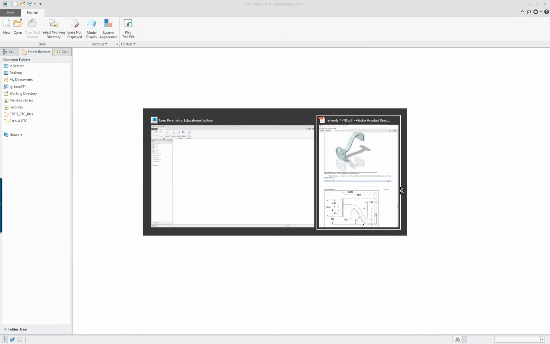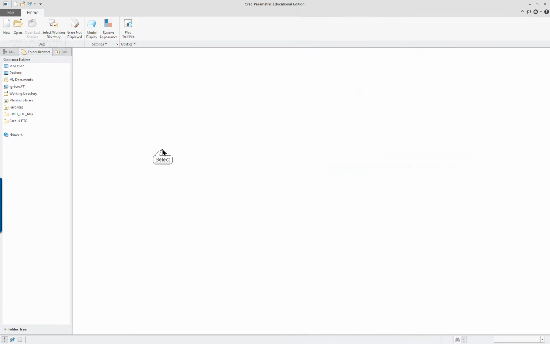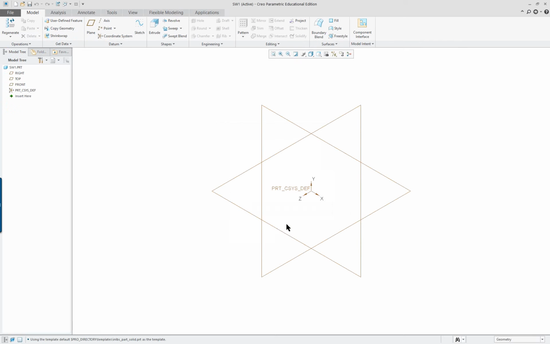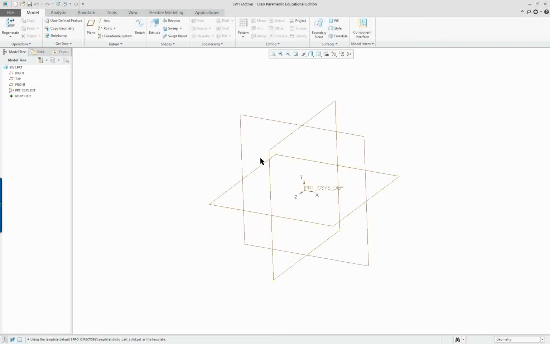In this lesson, we are going to do a sweep as one of the primary features. So, new, give it a name. I have mine set for isometric, so I'm going to rotate it around. I want to select my front view for sketching,